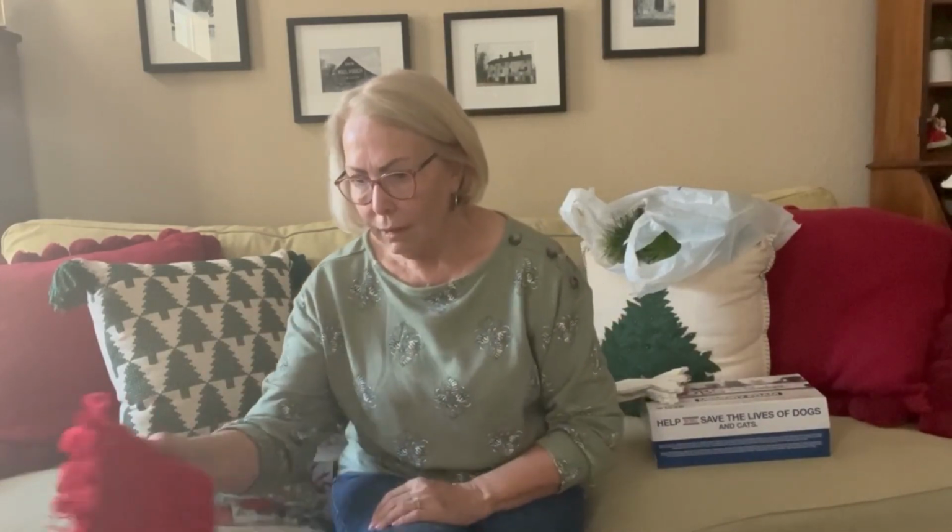Now at the outlet mall, Brenda and I went to Talbots. We didn't buy anything. I went to Lane Bryant, bought 2 shirts. I bought this shirt and another shirt. Actually, that's the shirt I wore to the vintage market. And then we went to the